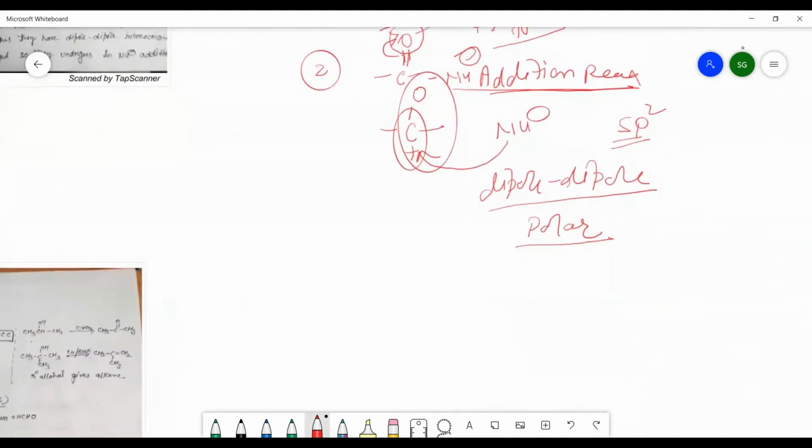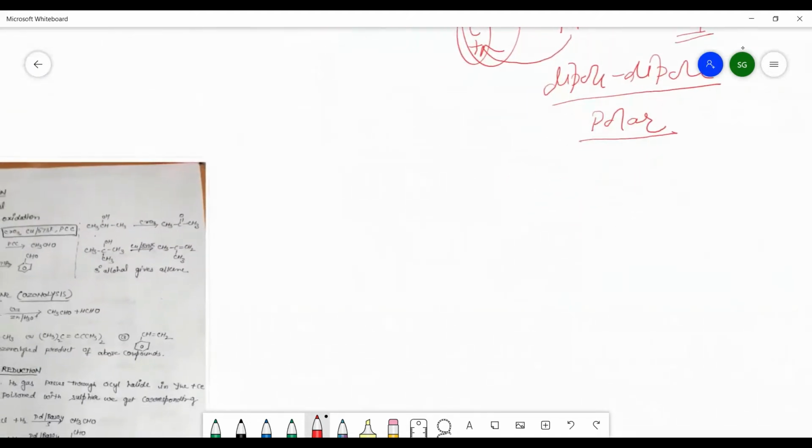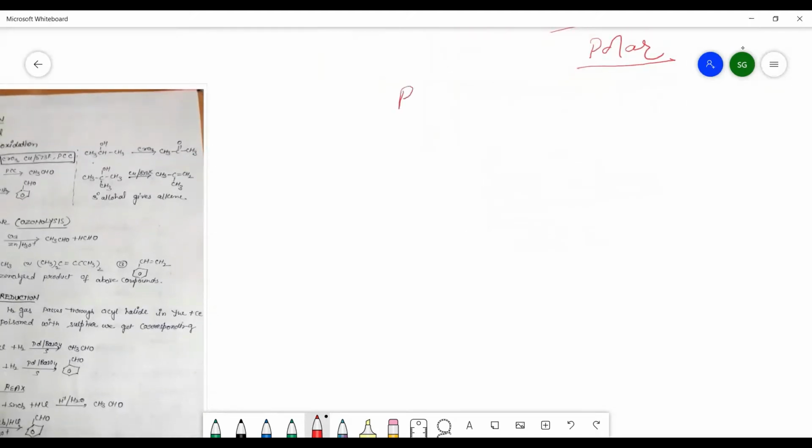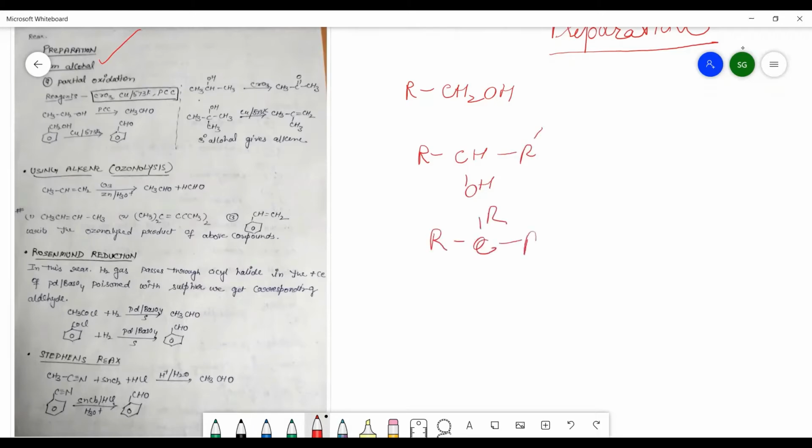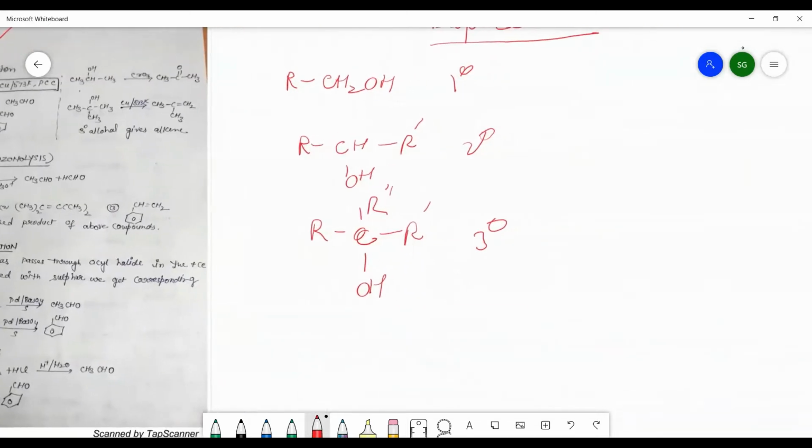Now, we will see how the aldehydes and ketones can be prepared. So the next topic we will discuss is the preparation of aldehyde and ketones. In case of preparation, first of all, we will see the use of alcohol. And in alcohol, you know well, there is primary alcohol, secondary alcohol, and tertiary alcohols, as we have seen in the classification of alcohols: primary, secondary and tertiary alcohols. Now see how they will generate the aldehydes or ketones or anything else.